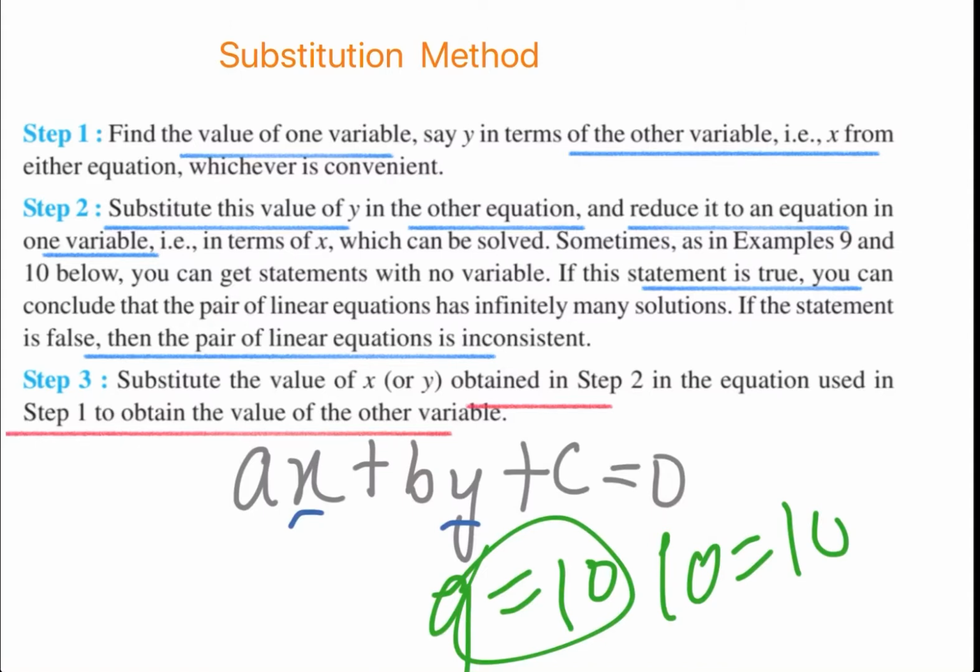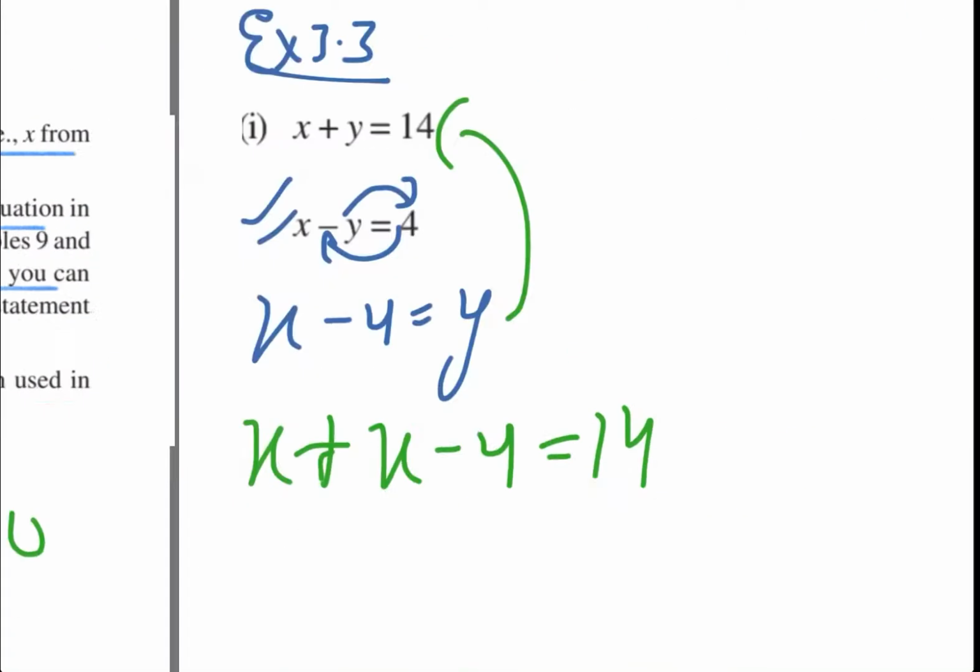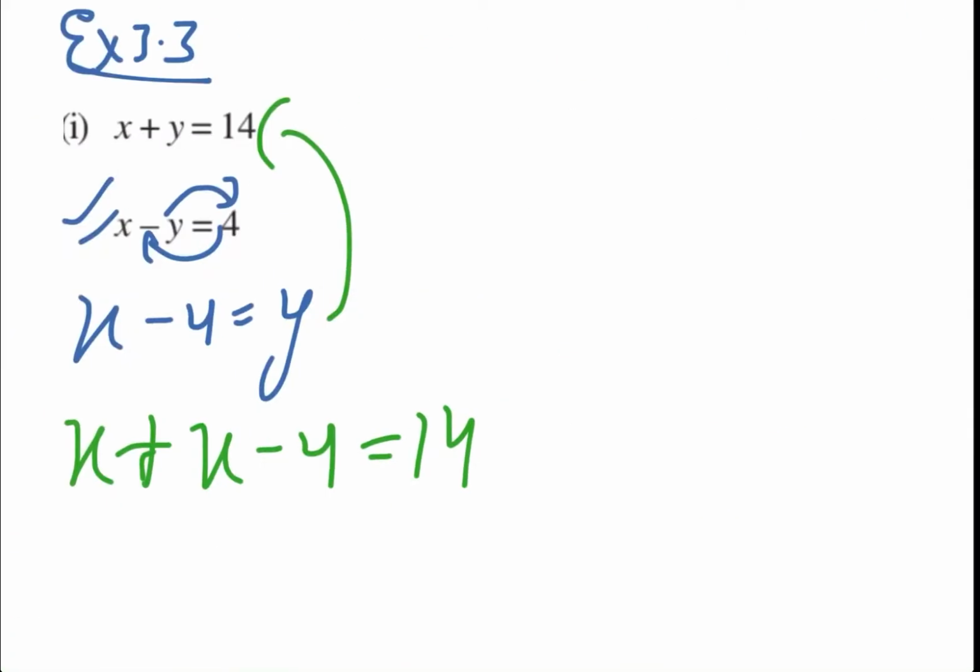Okay, this I have explained in detail in my video on the elimination method, so you can go through that to understand the detailing of this line. So that's what I have to do now. I have put this in. Let me solve for x. I can easily do it now.